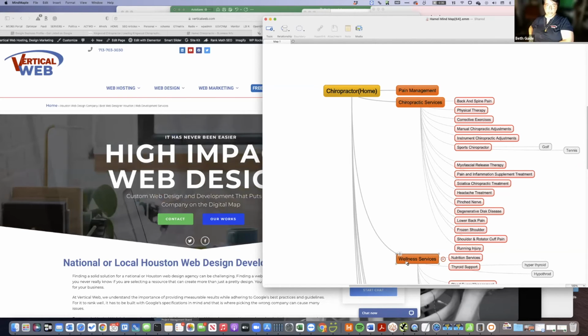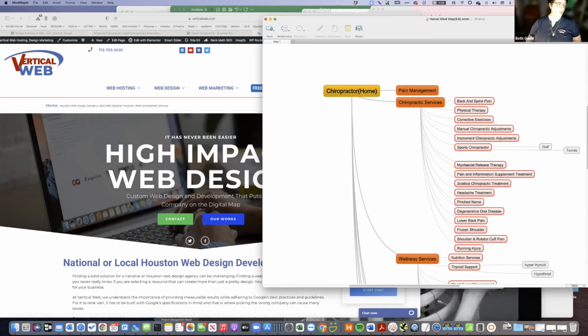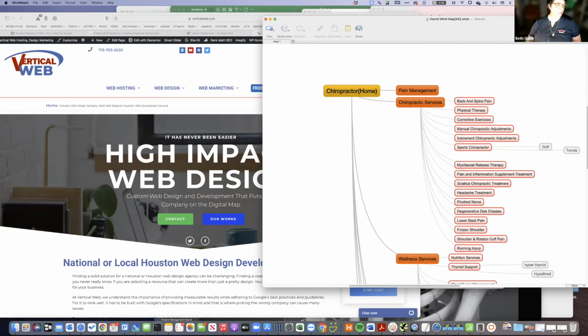If you do this right, okay, the chances of you getting in your map pack have just gone up dramatically, okay? And that's why this is an extremely important exercise, because it literally has to be done right.